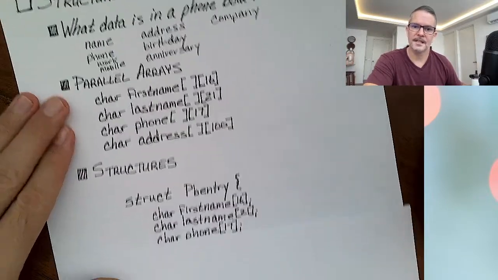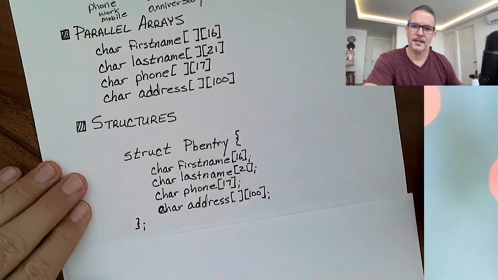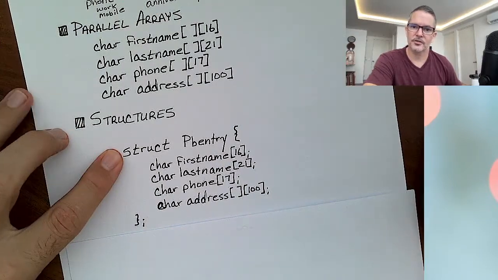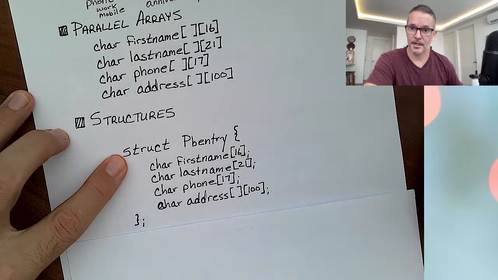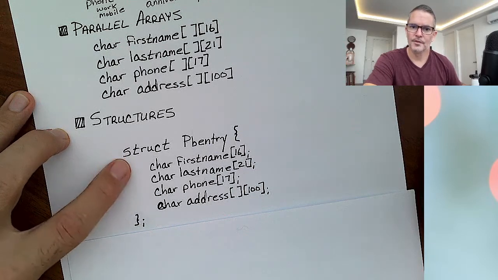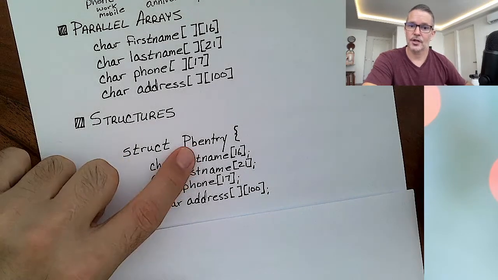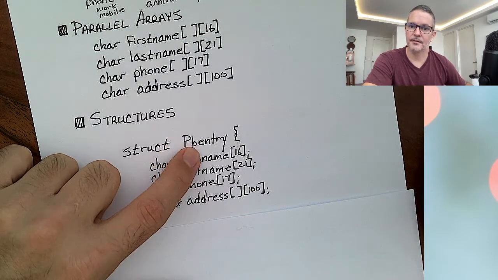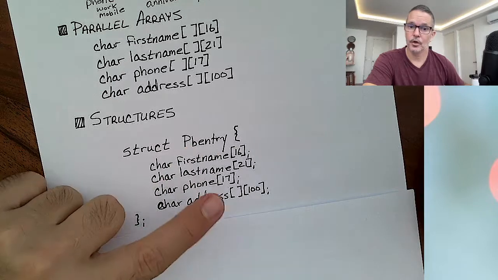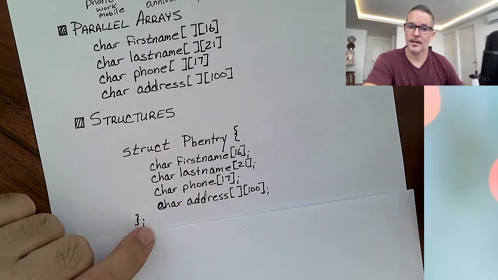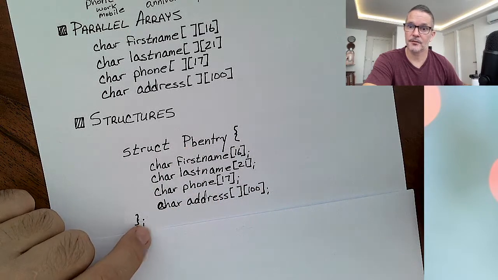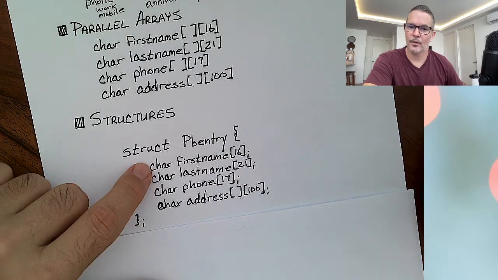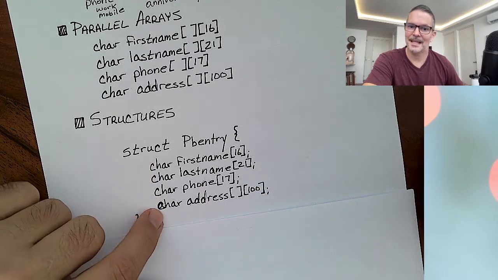So let's take a look at a basic structure. This is what the definition of a structure looks like in the C programming language. We use the special keyword struct, S-T-R-U-C-T. Then we give our structure a name. Here I've said PB for phone book entry, open curly bracket, closed curly bracket, a special semicolon that you can't forget. And we then list individual